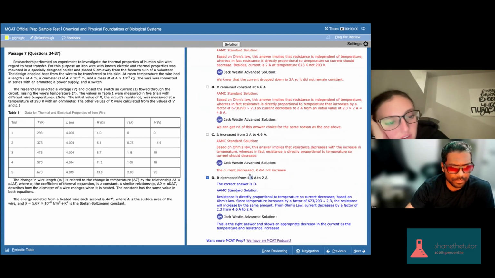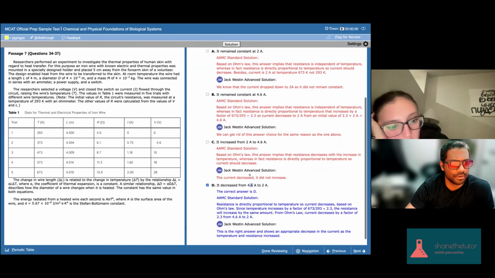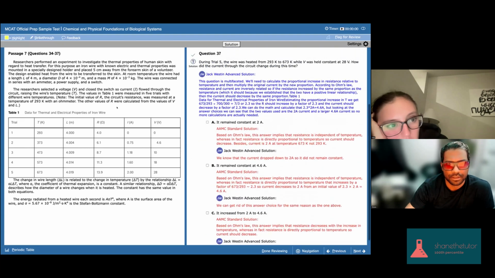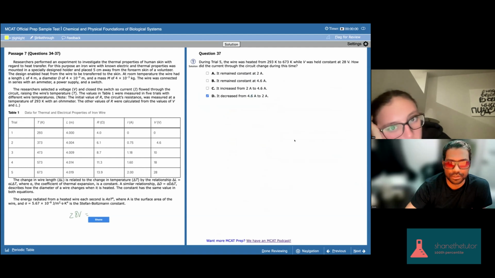Okay, let me see the top of this again. So, voltage 28 volts is equal to, let's see, is that really a current of 0? And this is a current of 2. So